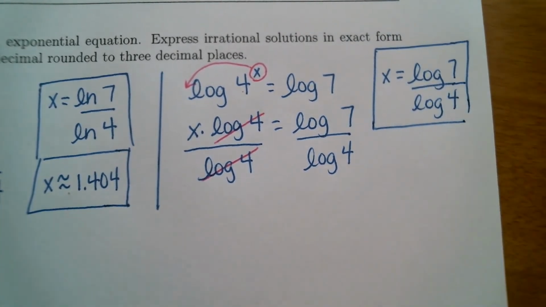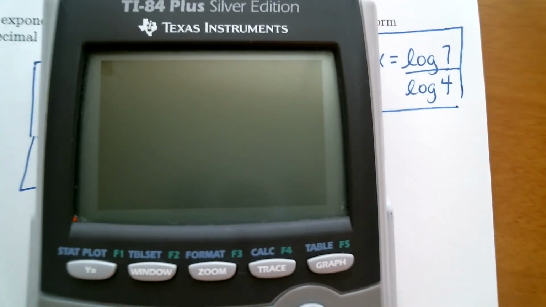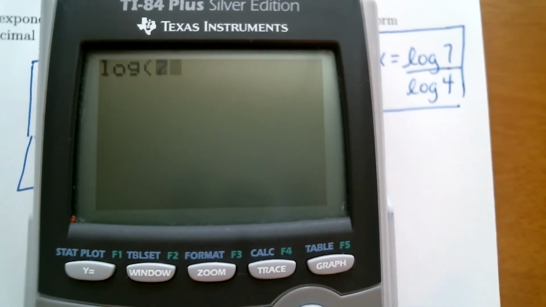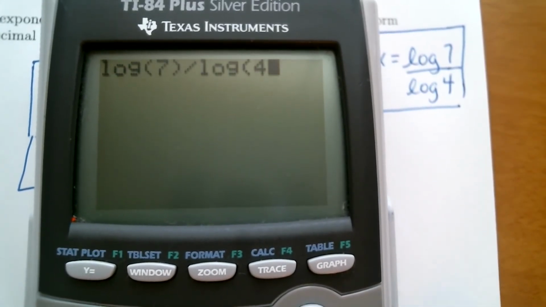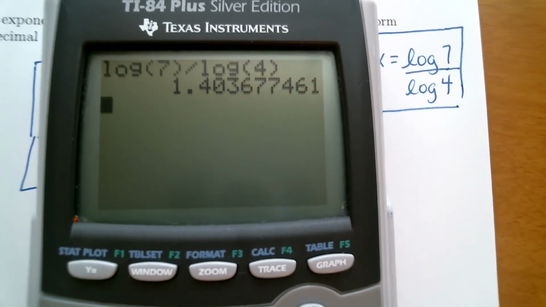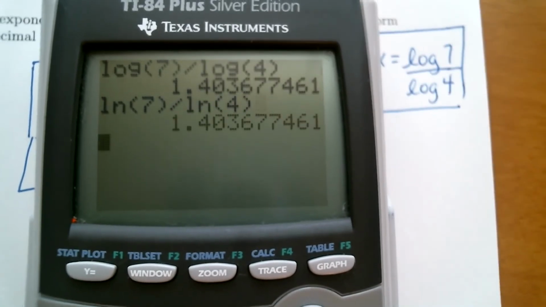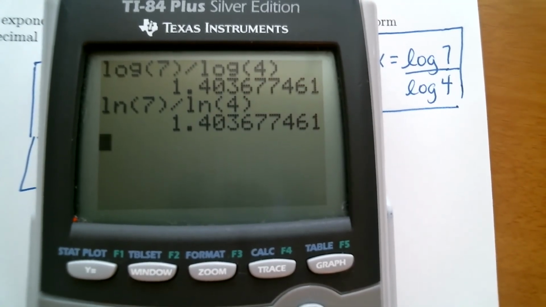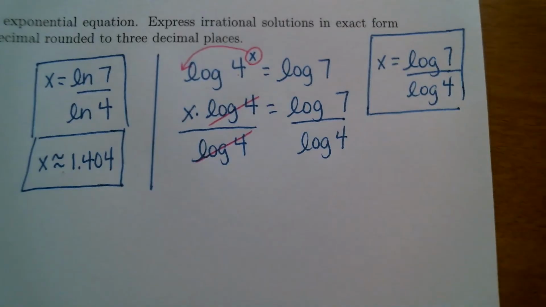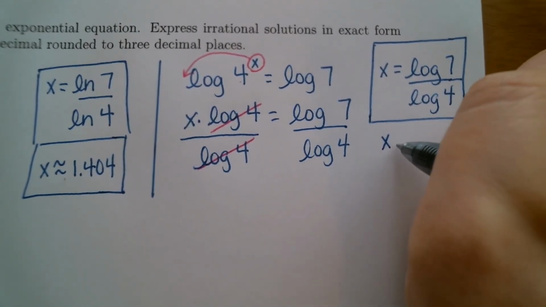Watch, I'm going to get my calculator. I'm going to type in log of 7 divided by log of 4. I get that same decimal approximation that I got before, when I had natural log of 7 divided by natural log of 4. Same number. So either way you do it, you get the correct answer, even though they look different. And again, here it's the same decimal approximation. x is approximately